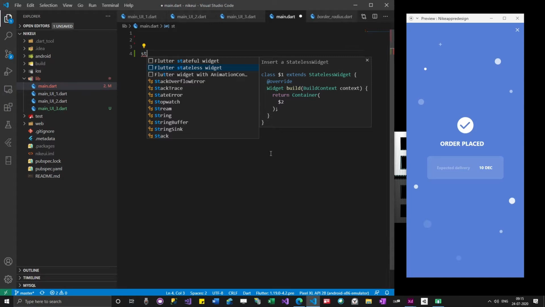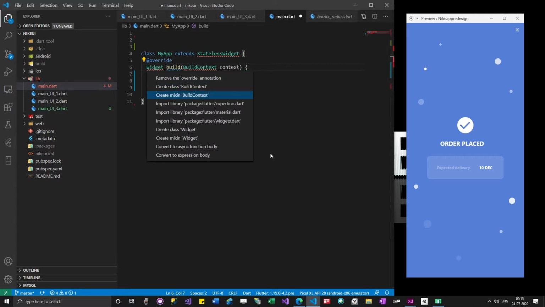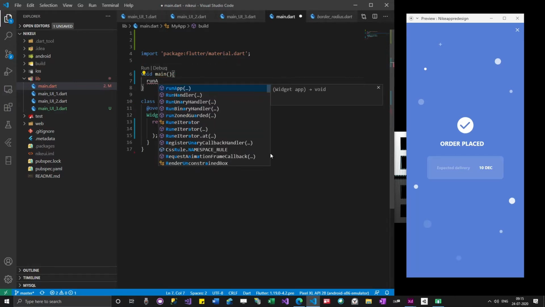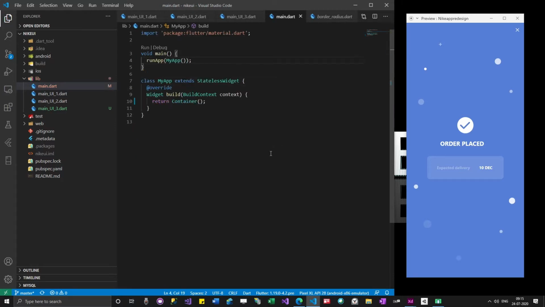Okay, so I'm going to give a stateless widget MyApp, and then resolve the issues, and then add a void main. Now I will run this app.